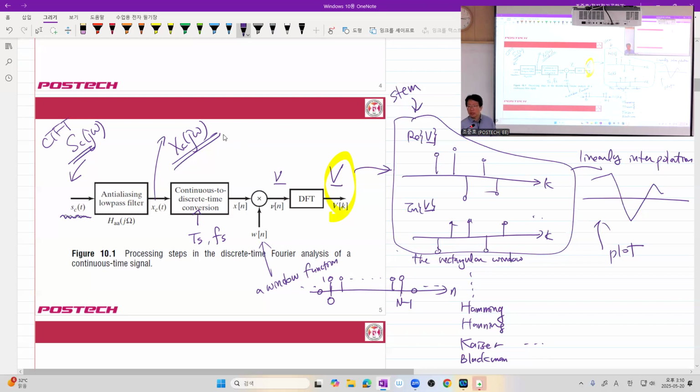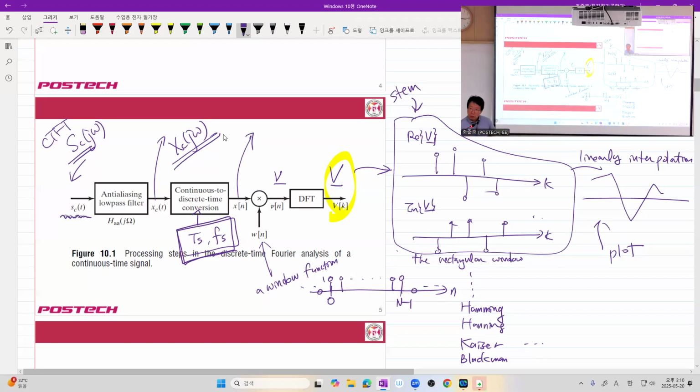Is that good or not? It depends. But suppose you have fixed sampling period or sampling frequency, then large size DFT gives you a lot of benefit. That is the key actually, because